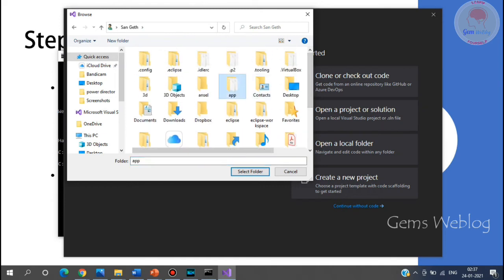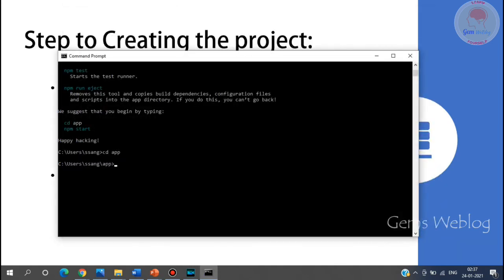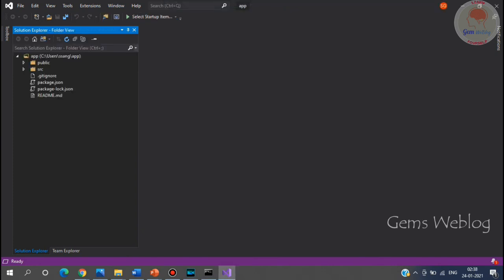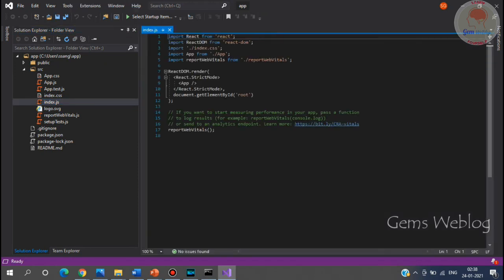Select the app folder and open. Now my local project is opened. Inside the source folder we have index.js and App.js. Here we are rendering the project.